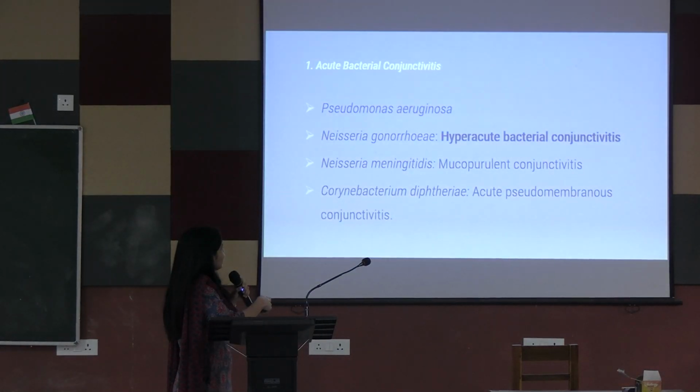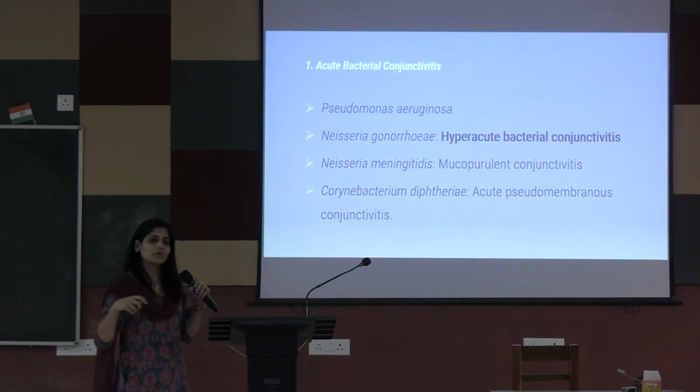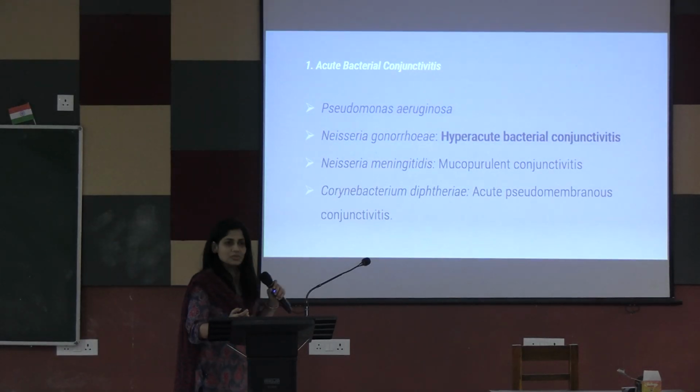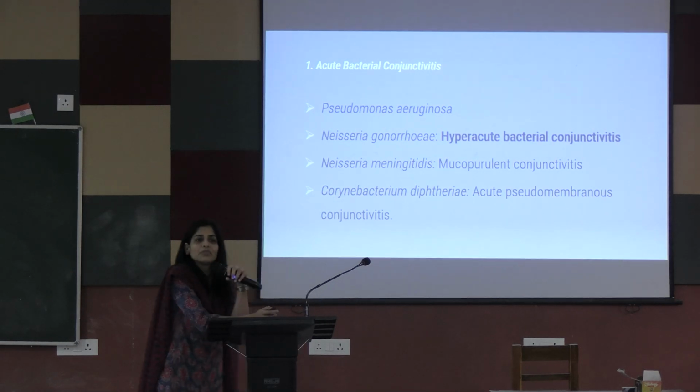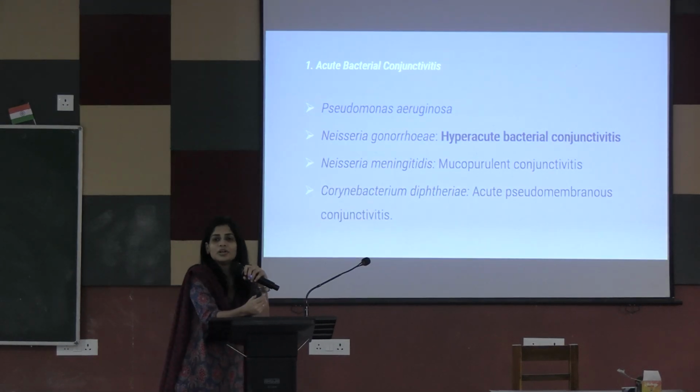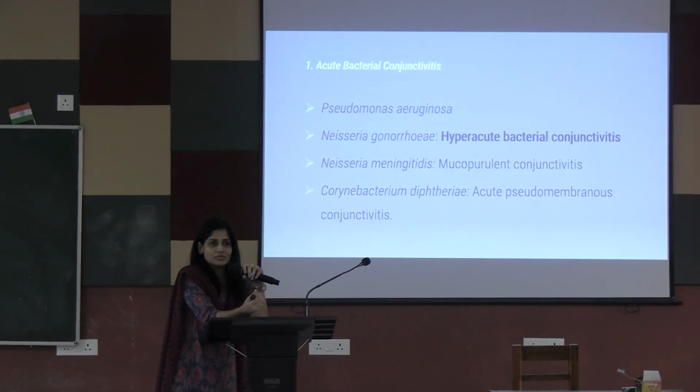Other bacterial conjunctivitis caused by Pseudomonas aeruginosa. What kind of pigment is produced by Pseudomonas? Green in color. Some kind of pigment is there, some kind of fruity odor is there when there is Pseudomonas